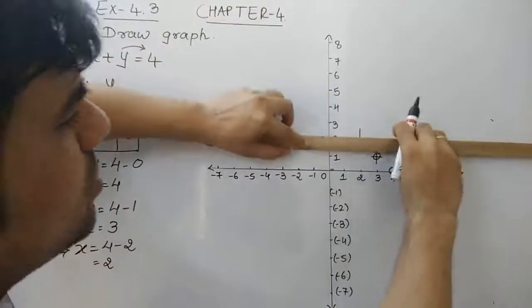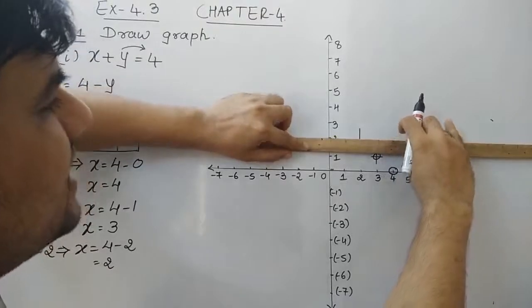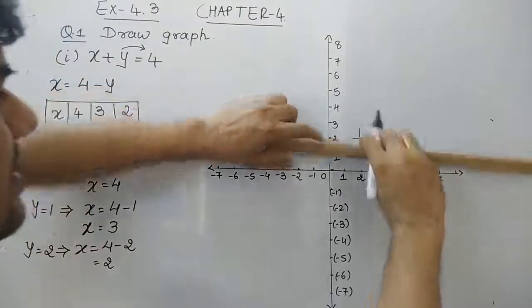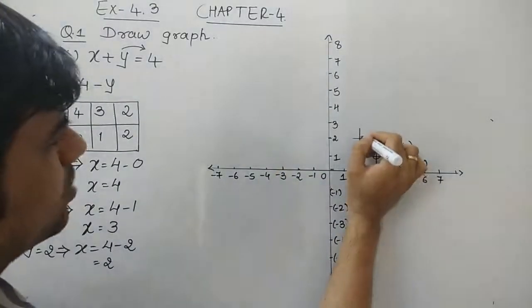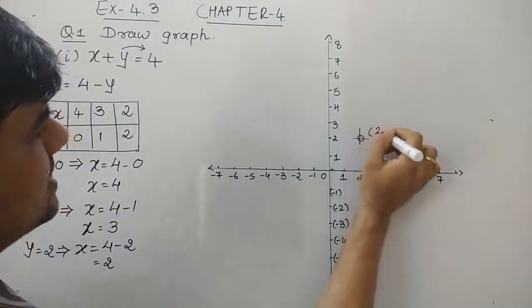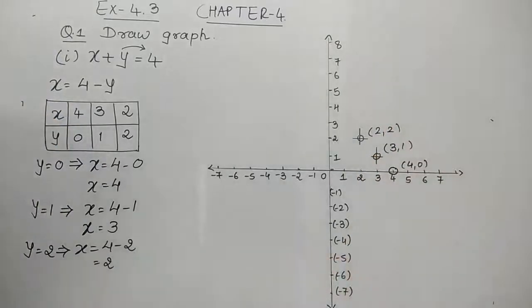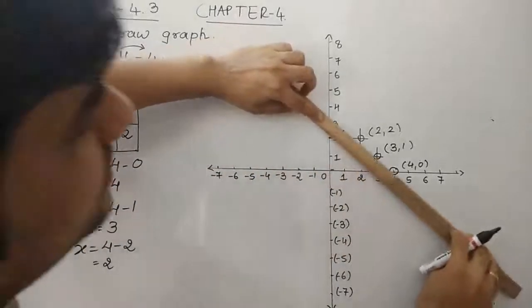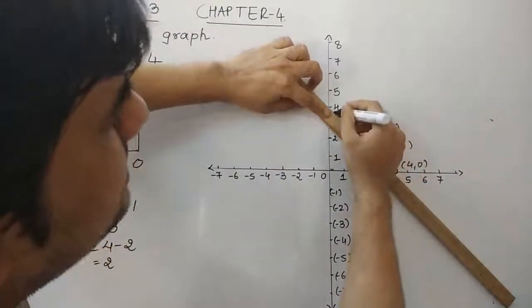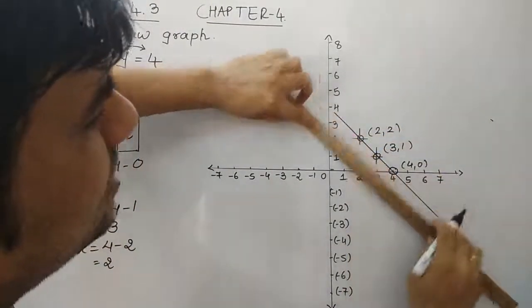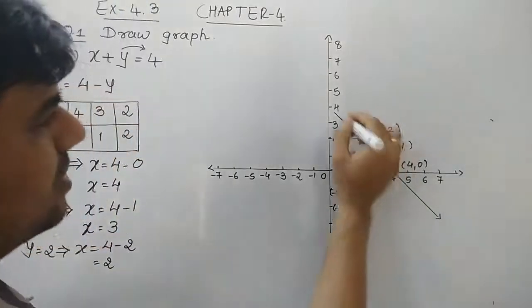You are not supposed to draw the lines, which are already given in the graph paper. As I don't have the lines, I just want to show you where exactly the coordinates are supposed to be. So this is 2, 2. Now whether we have done right or wrong, how do we come to know? After representing all the three coordinates, how can we check this? We have to check whether all the coordinates are passing through the same line or not.